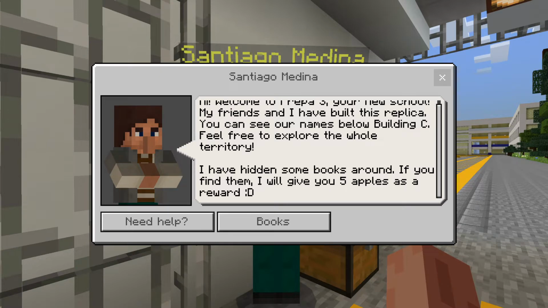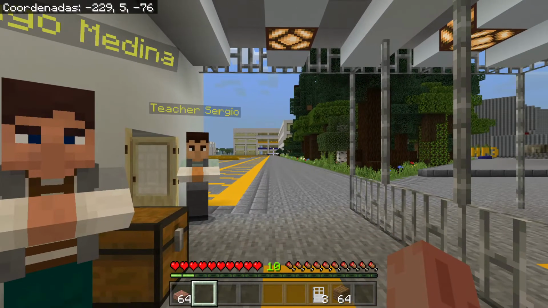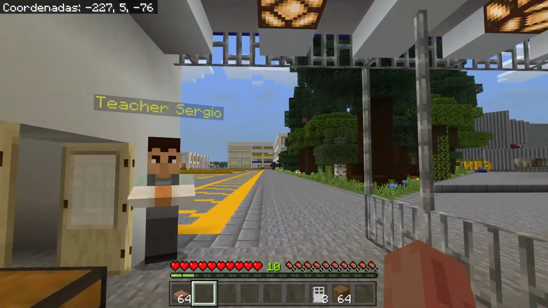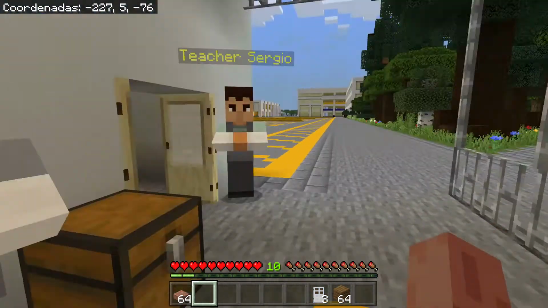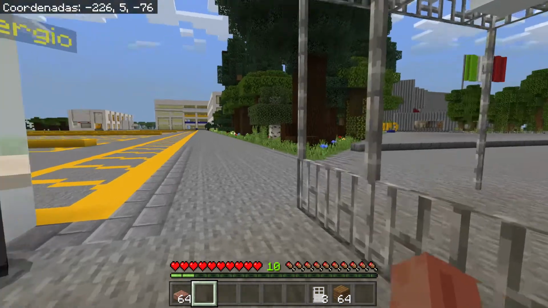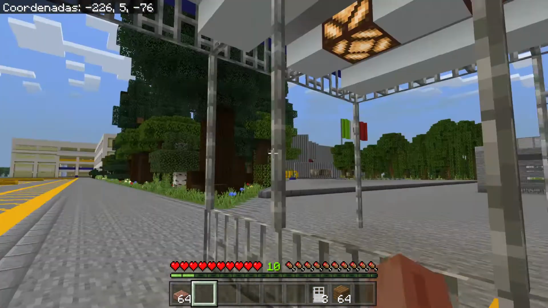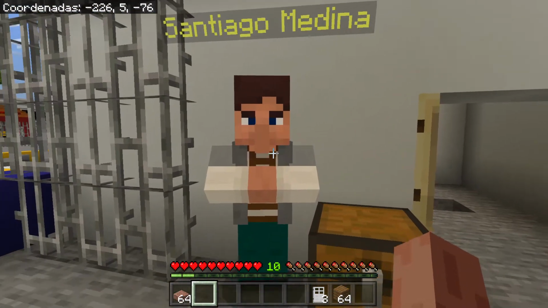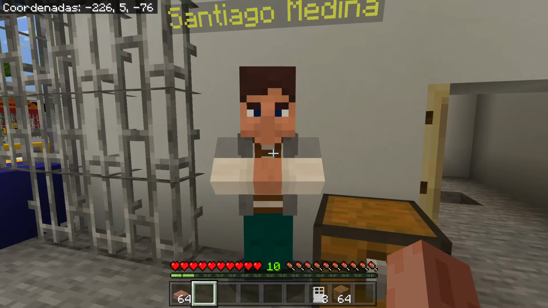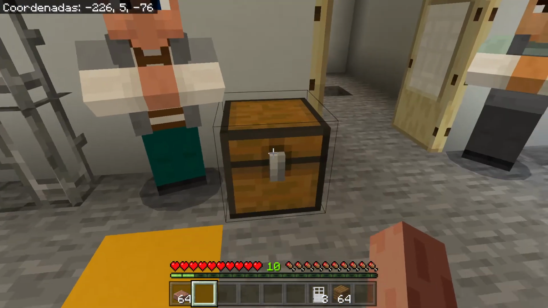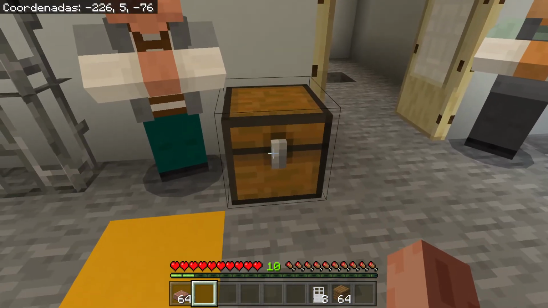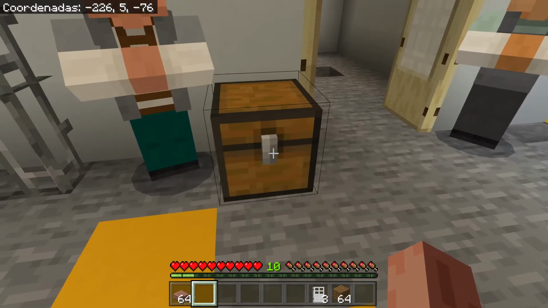And so we will ask our students to go around and search for those books. And once they find the books, Santiago is going to give some apples in return. We have placed some books here just to show you an example of how it works.